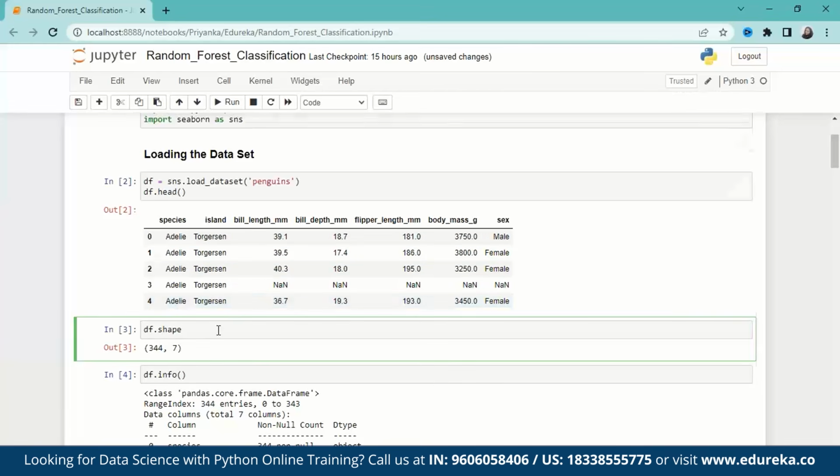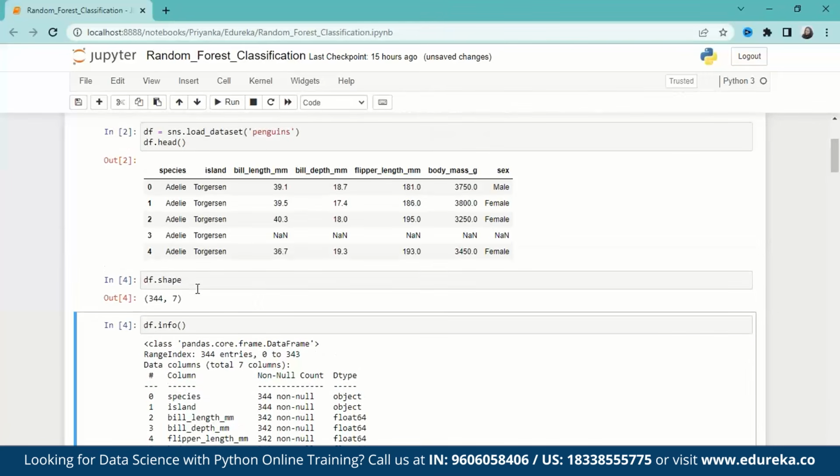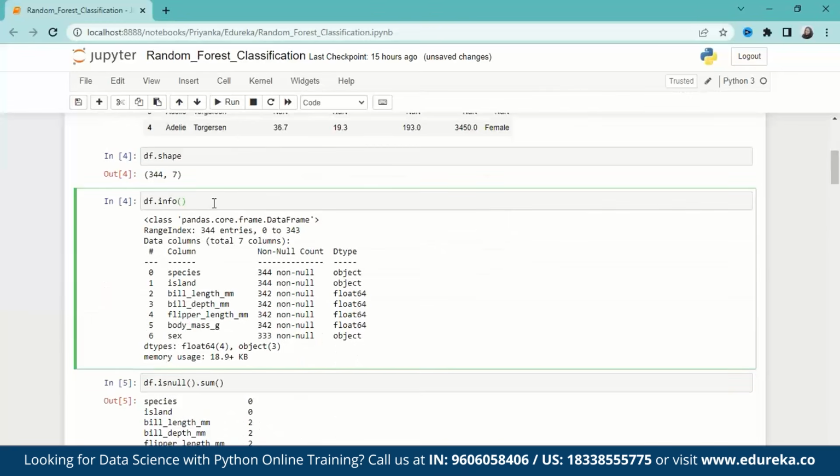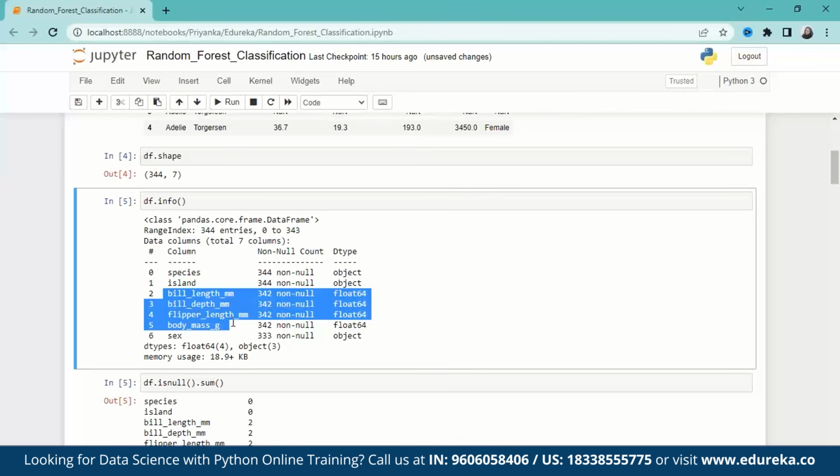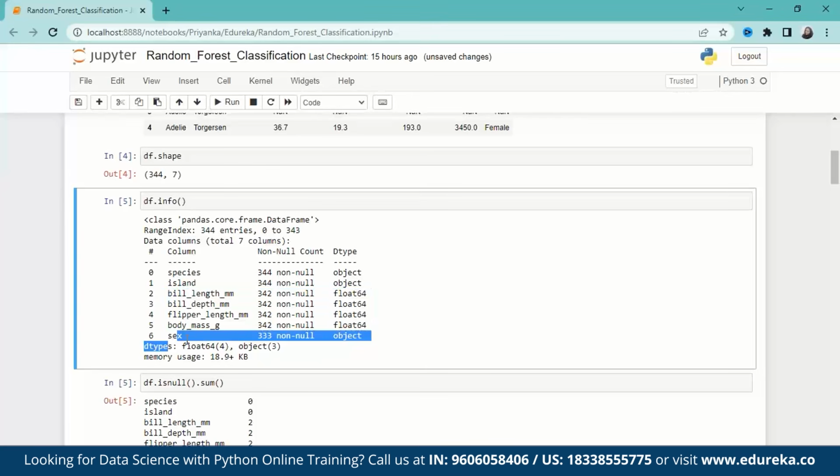We see the shape of our data, and it is 344 rows and 7 columns. And we will see the info. With df.info, along with the non-null count, we also get the data type of the values. So we have species and island as object data type, whereas bill length, bill depth, flipper length, and body mass are in floating point, or you can say floating data type,